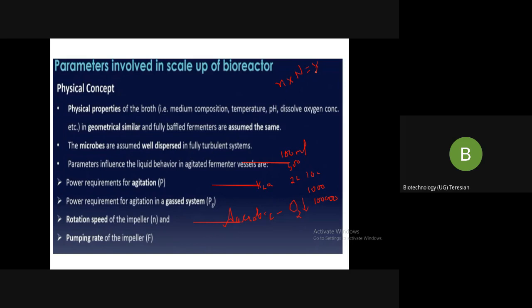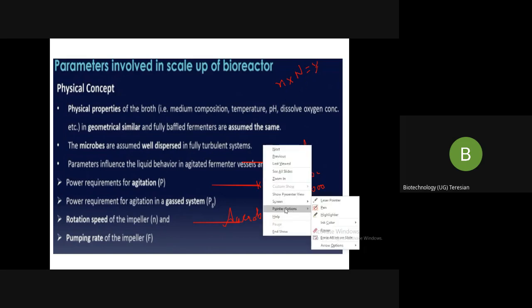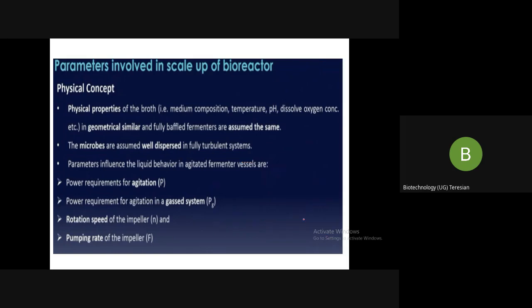So these are the major problems we face during the scale up, because the parameters do not sometimes remain the same as what we got in the lab or the pilot scale when we come to the commercial scaling. So how do you scale up then? That will be our next question, how we are going to scale up. When we come to the physical parameters, what are the concepts of the physical parameters which are responsible for scaling up?